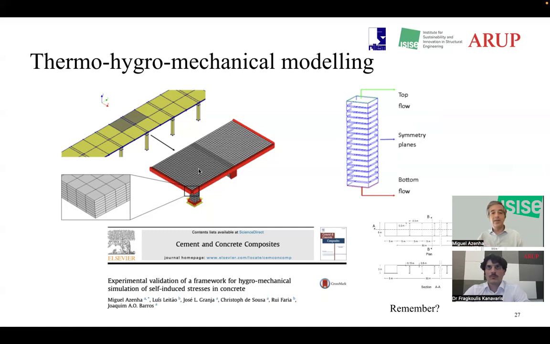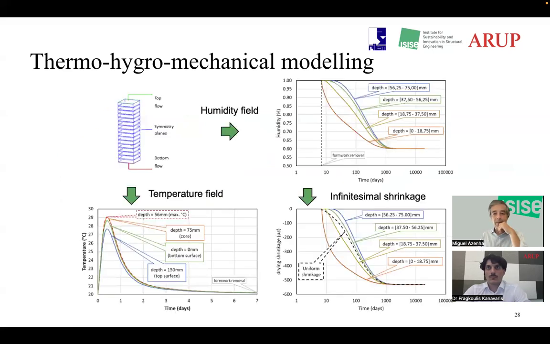So we modeled this slab with symmetry, of course, supported on beams and in a very continuous system and highly restrained. We made the thermal and hydro simulation with 1D models because this would be simpler and quicker to calculate, and it's a published work. Of course, with that, we could have the driving forces from the humidity not being uniform in the system, and computing from the humidity the tendency to shrink, which is bigger in the surface than in the inside in a normal strength concrete. I mean, there was not big autogenous deformation.